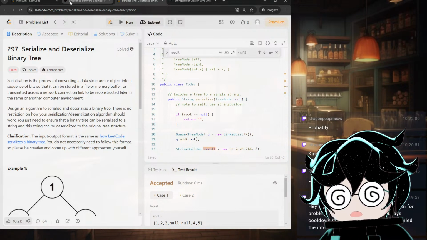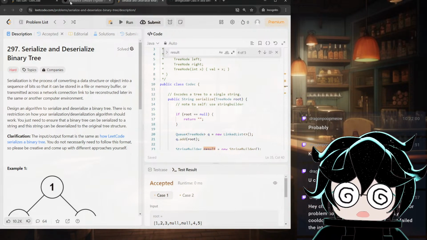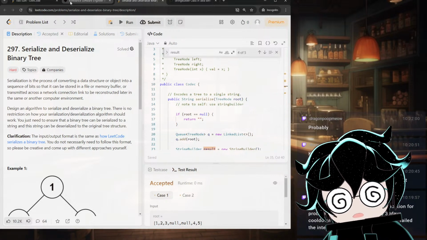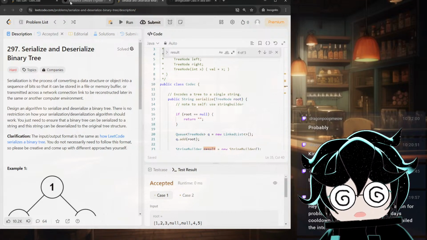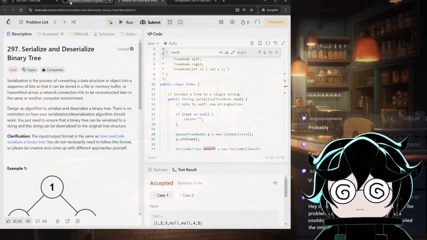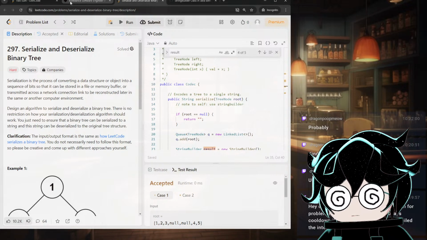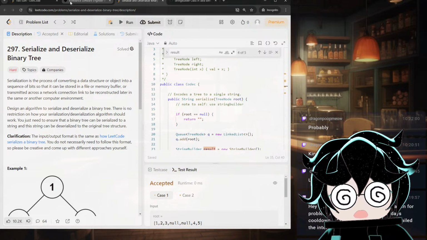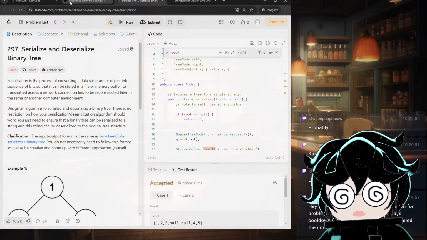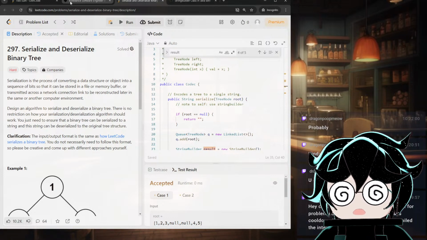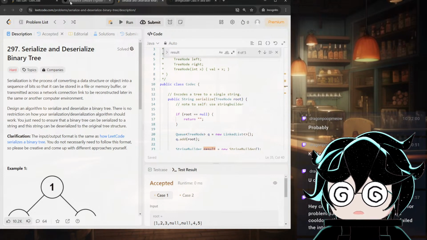I got the feeling that he didn't expect me to actually implement the problem. He just wanted me to say the solution. I actually asked him, just to be sure, you just want me to say what the algorithm is and I don't have to implement it? And he's like,